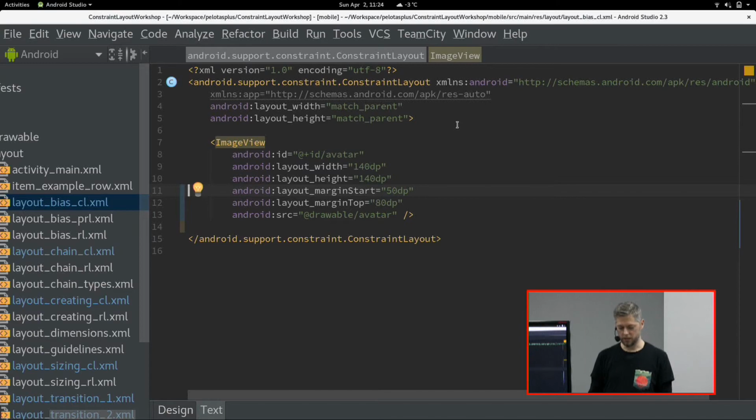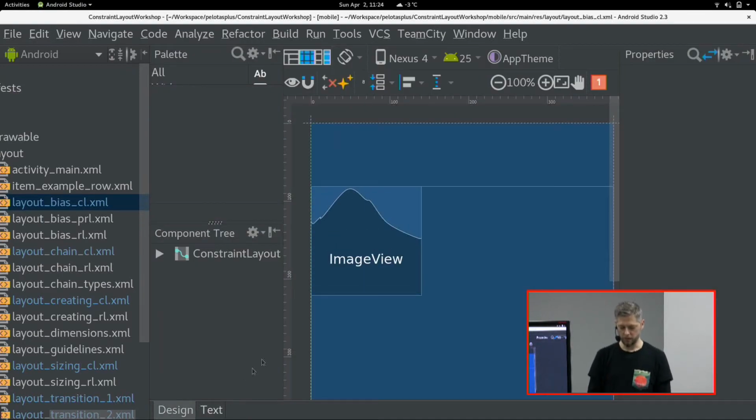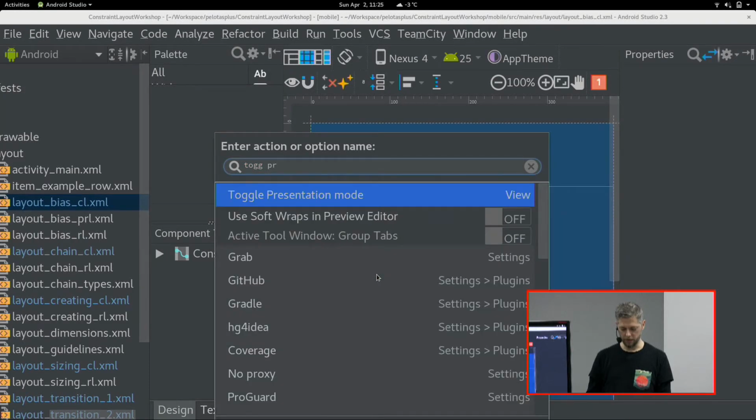Margin start and top doesn't make too much sense here because I want to center the view. And I can do this both ways, from code and from UI. I will do it from UI and then show you how the code looks. So basically, to center the view, maybe this time I will disable presentation mode. To center a view using ConstraintLayout,